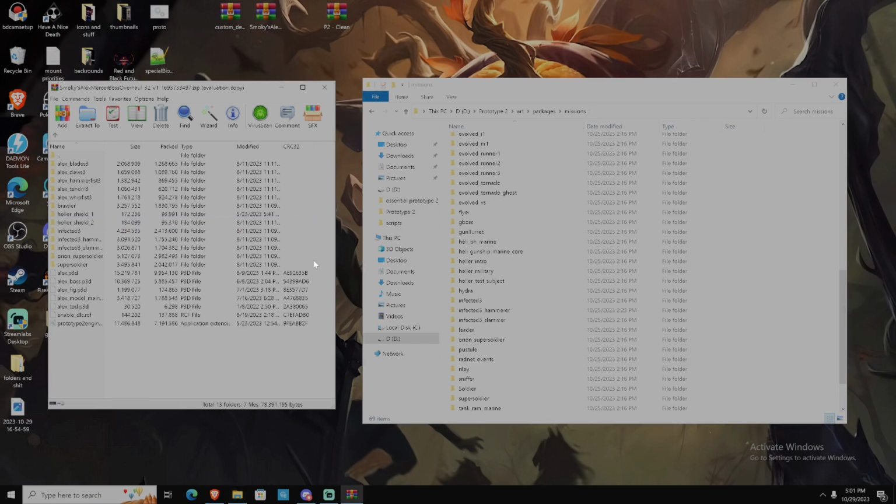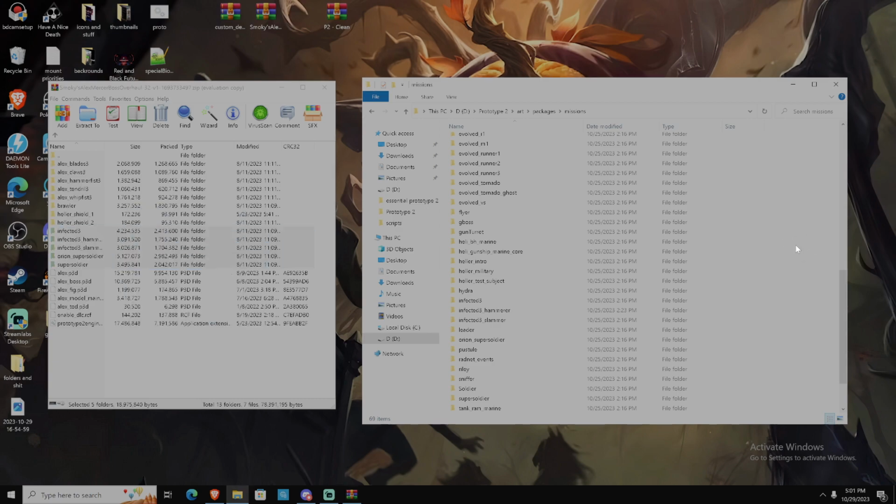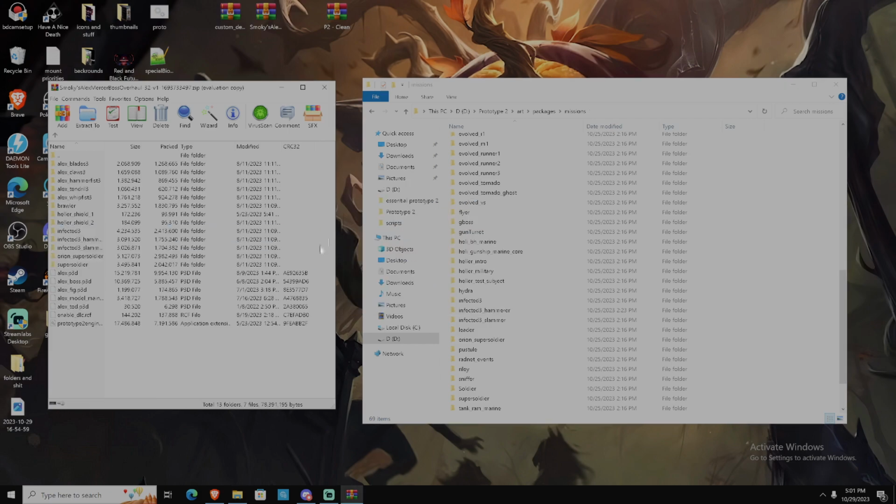Okay, so for the infected, just drag the rest of these. Infected all the way down to super soldier. You can drag these safely in the missions folder and then just replace all of them. That's all you're doing. You're just replacing them. So next, you go back,